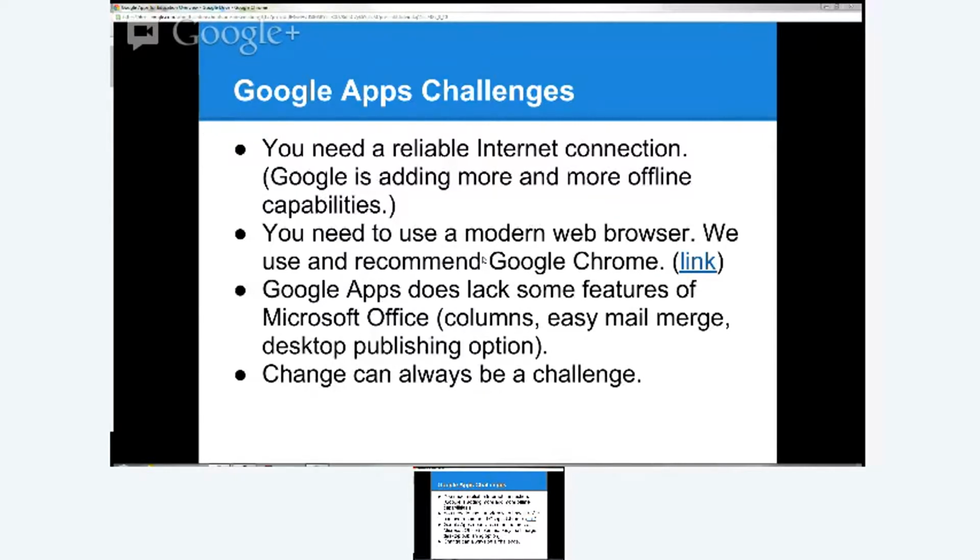Well, they've had IE9 since then, and now they've got IE10. IE8's kind of old now. It's at least a 3-year-old browser, if not a little bit older. And the problem is it's not really modern. And there's a ton of stuff that Google Apps does that requires a more modern browser. And so if people are still using IE8 because that's what they're used to, and they've got an XP computer and they can't update the browser,